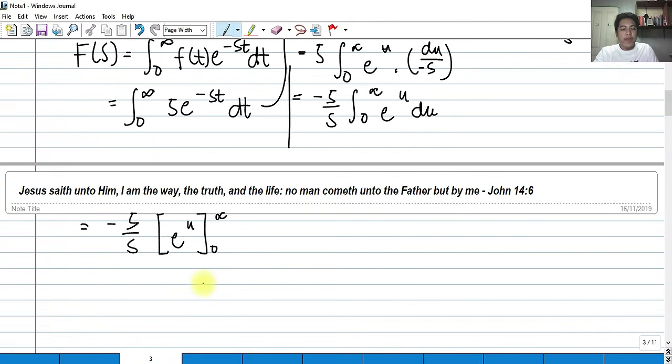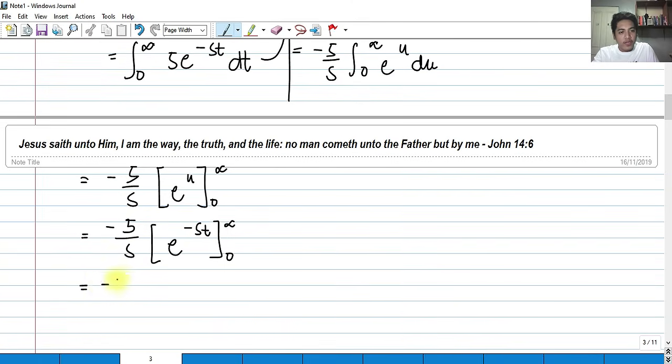Don't forget to back substitute what is the value of u. So we have negative 5 over s, e raised to negative st. That's the original function or the original value of u. So what will happen here? Evaluating the limits. So we have e raised to negative s multiplied by infinity minus e raised to negative s